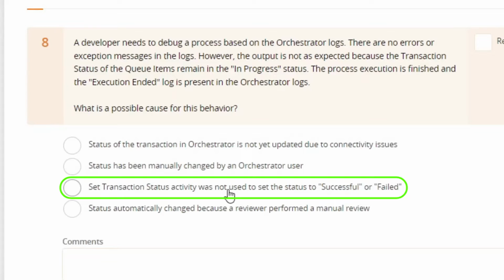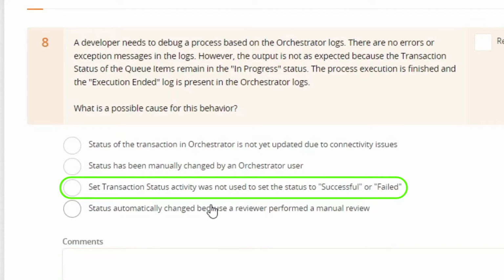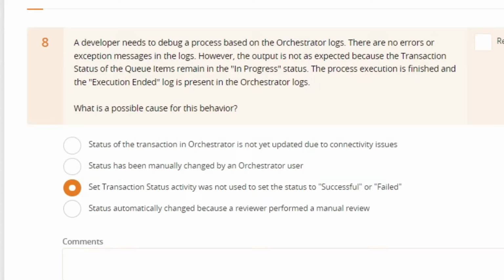So without having this activity, the transaction item status will not really be updated to successful or failed. And the last option is not possible. So the answer is: set transaction status activity was not used to set the status to successful or failed.